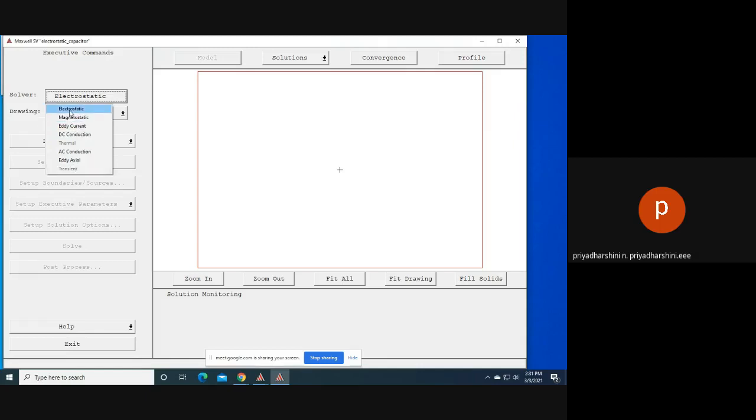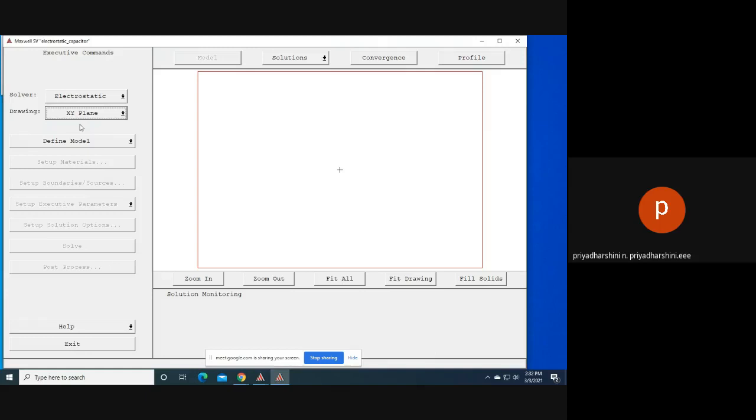Here I am selecting electrostatic, and this plane depends on whether the object I am going to select comes under Cartesian, cylindrical, or spherical coordinates. We have to select that. Since I am going to consider a parallel plate capacitor, I am considering the XY plane.